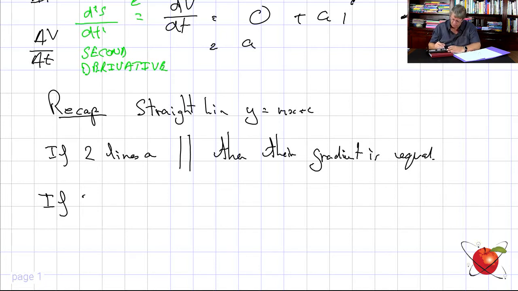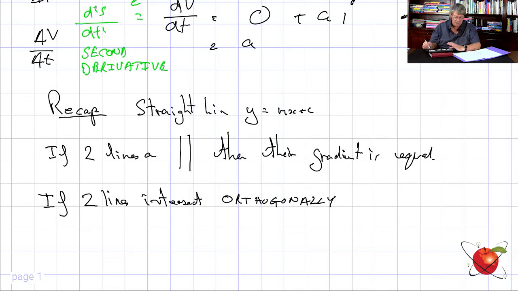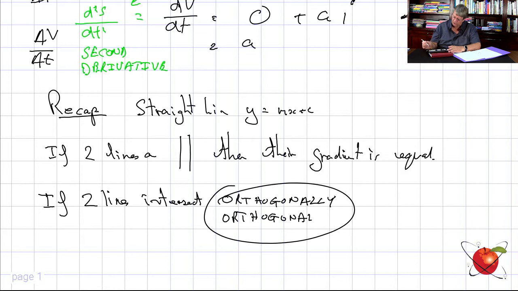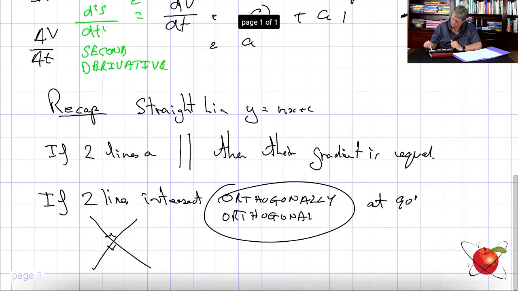Then we say if two lines intersect orthogonally, or if they are orthogonal, what does that term mean? It means that they are at 90 degrees. So if they cross at 90 degrees, we say thus,